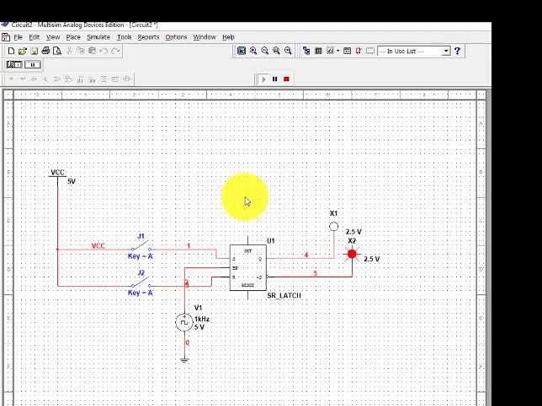Previously we got 10, now we got 01. It is because this flip-flop has the property that it retains the previous output when both the inputs are 00. So let us see it once again. I'm making the output 10 by making the input 10. Now I make it 00, the outputs do not change.